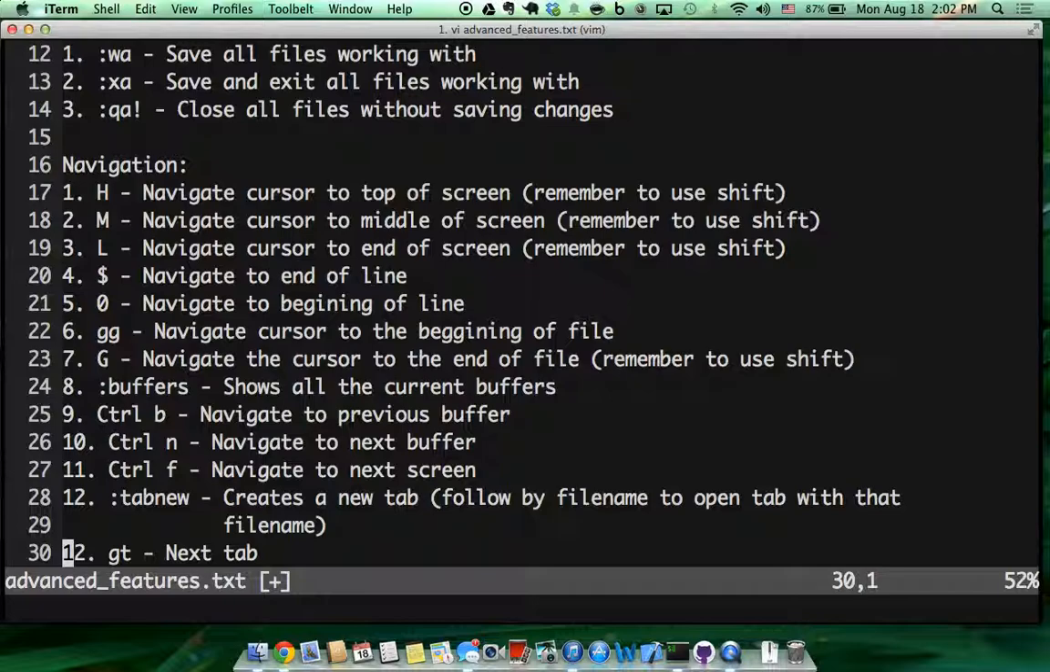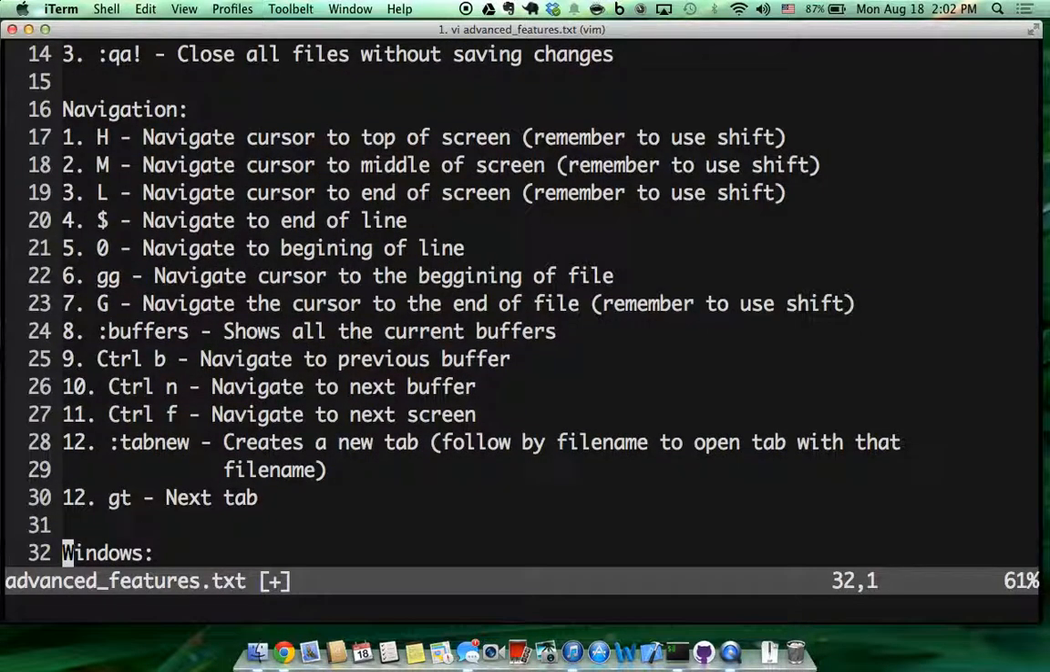Great. Let's move to navigation, a very important part of Vim. If you want to navigate to the top of the screen, just press capital H. You can see how the cursor is moving here. If you want to navigate to the middle of the screen, capital M, and to the end of the screen, capital L. If you want to navigate to the end of the line, you just press $,